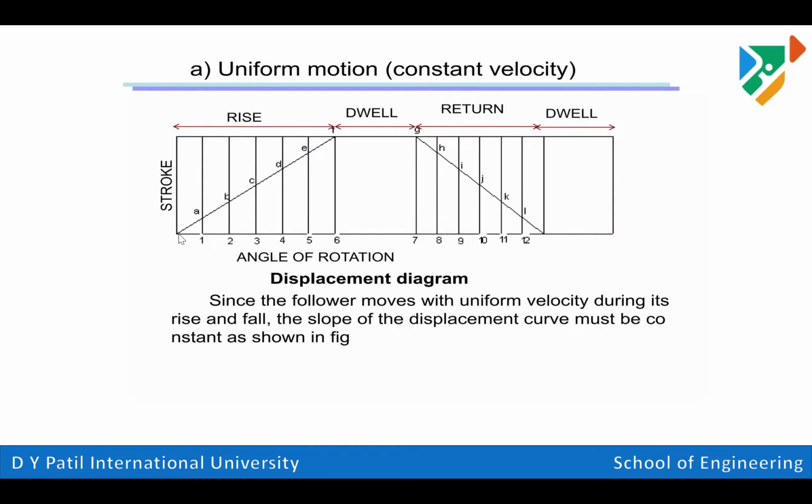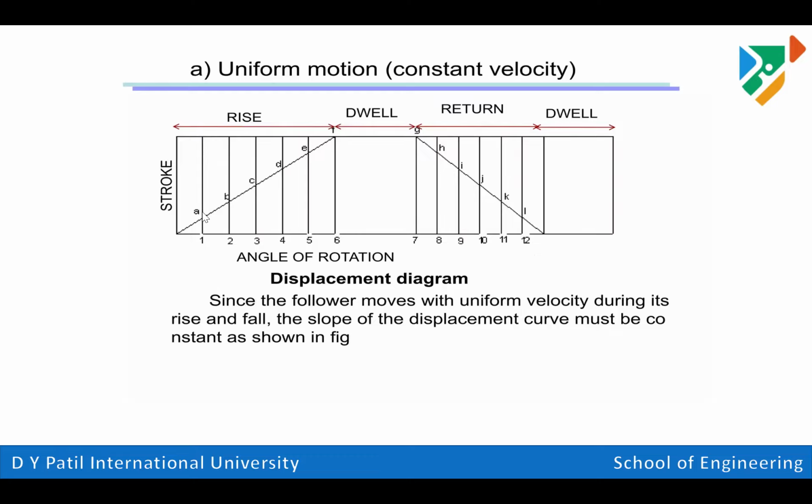Simply connect the diagonal points to create the uniform speed, from the first point 0 to the final. So we have points A, B, C, D, E, F. Again for the return, from point G to point M, we have G, H, I, J, K, L, M points. These are the representation of the displacement diagram, where we are plotting the values of lift and